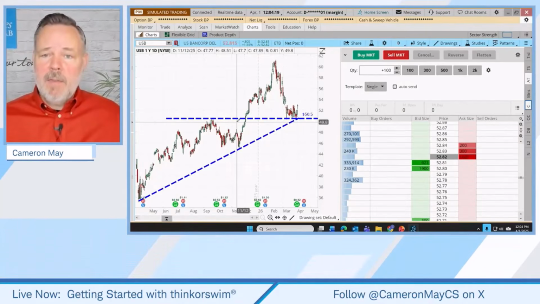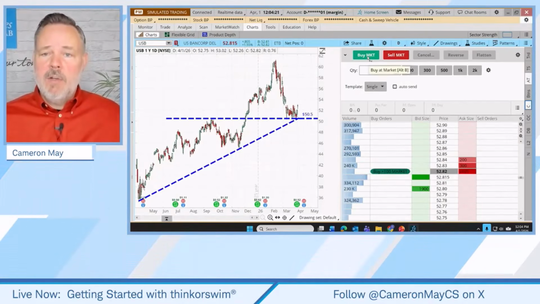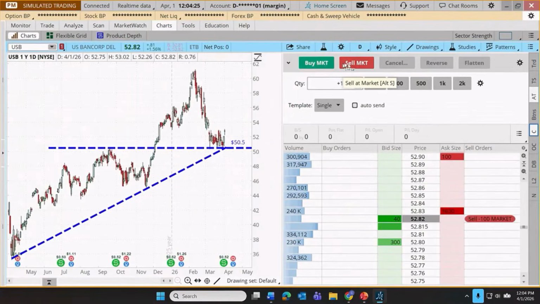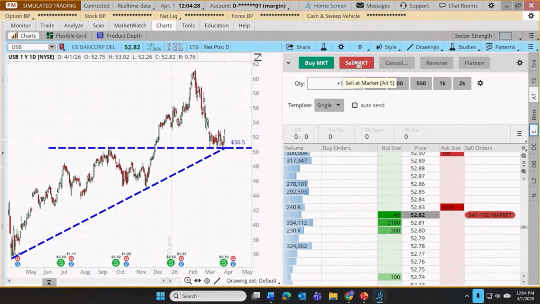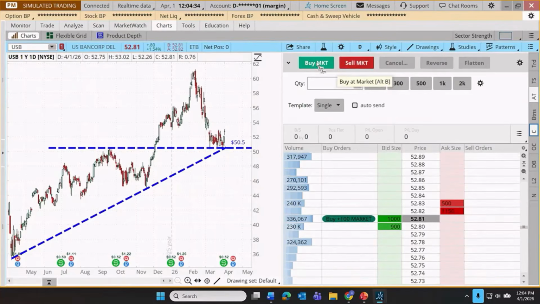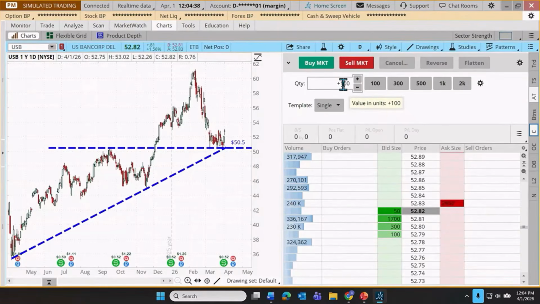Let's start right up here at the top, and you'll notice that there are two big buttons. There's a buy button and a sell button. Both of those are to execute market orders. Now, I'll show you how to place stop and limit orders in just a moment, all right? But what this is going to do for us is place orders according to this selected quantity right down here.